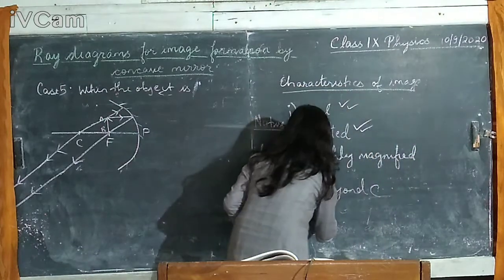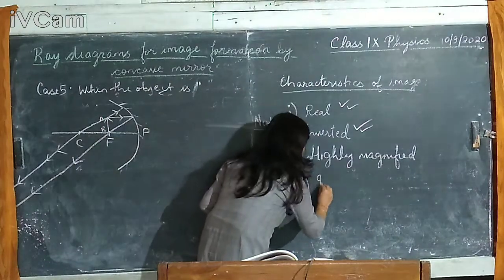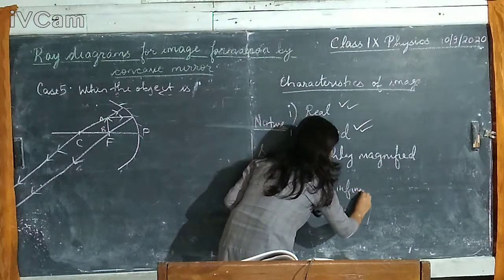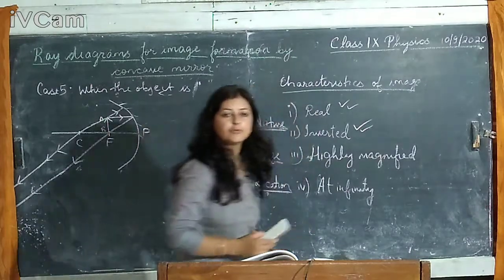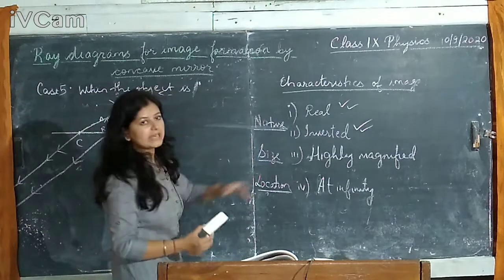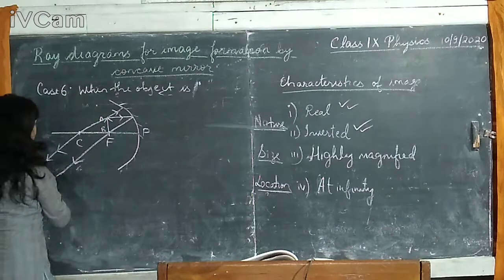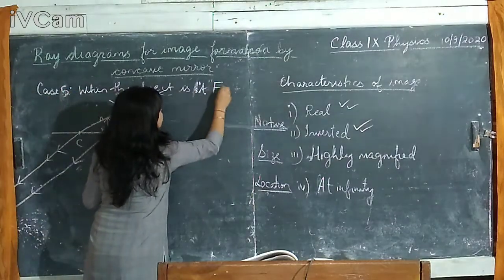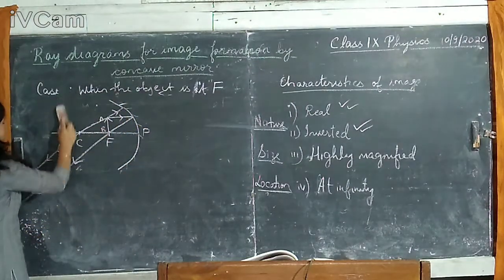And where is the image formed? We can't trace where the image is formed, so we say that it is formed at infinity. So whenever you place the object at the focus, the image formed is very big and it is formed at infinity. Let's move on to the last case for today's class. Case 5, when the object is at F. So this is the diagram. Now coming to case 6,